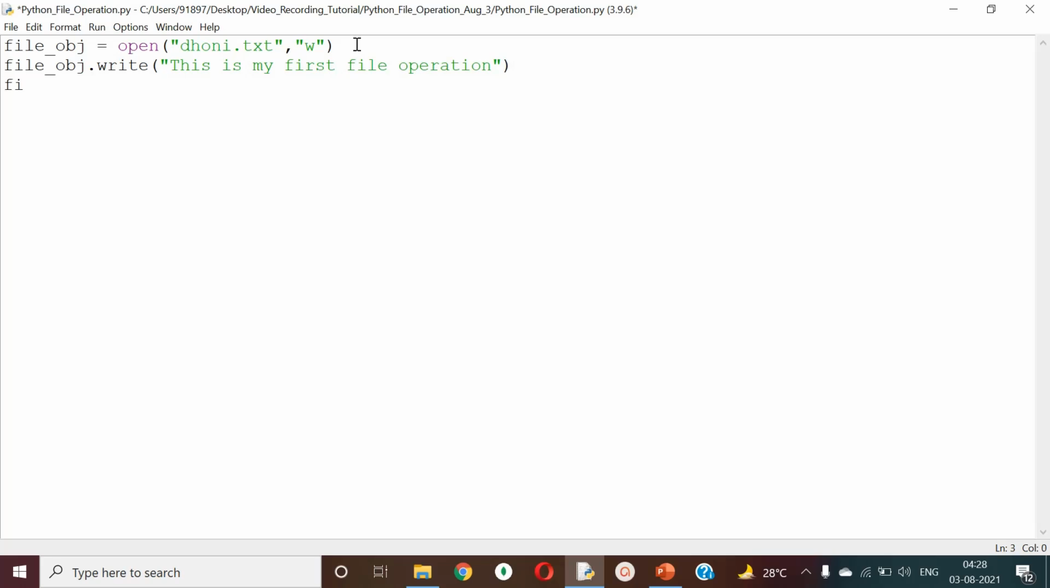Okay, so you need to close the file object. File object dot close. So this is the basic operation. Okay. So when I write these three lines of code, there are a few things that I want you people